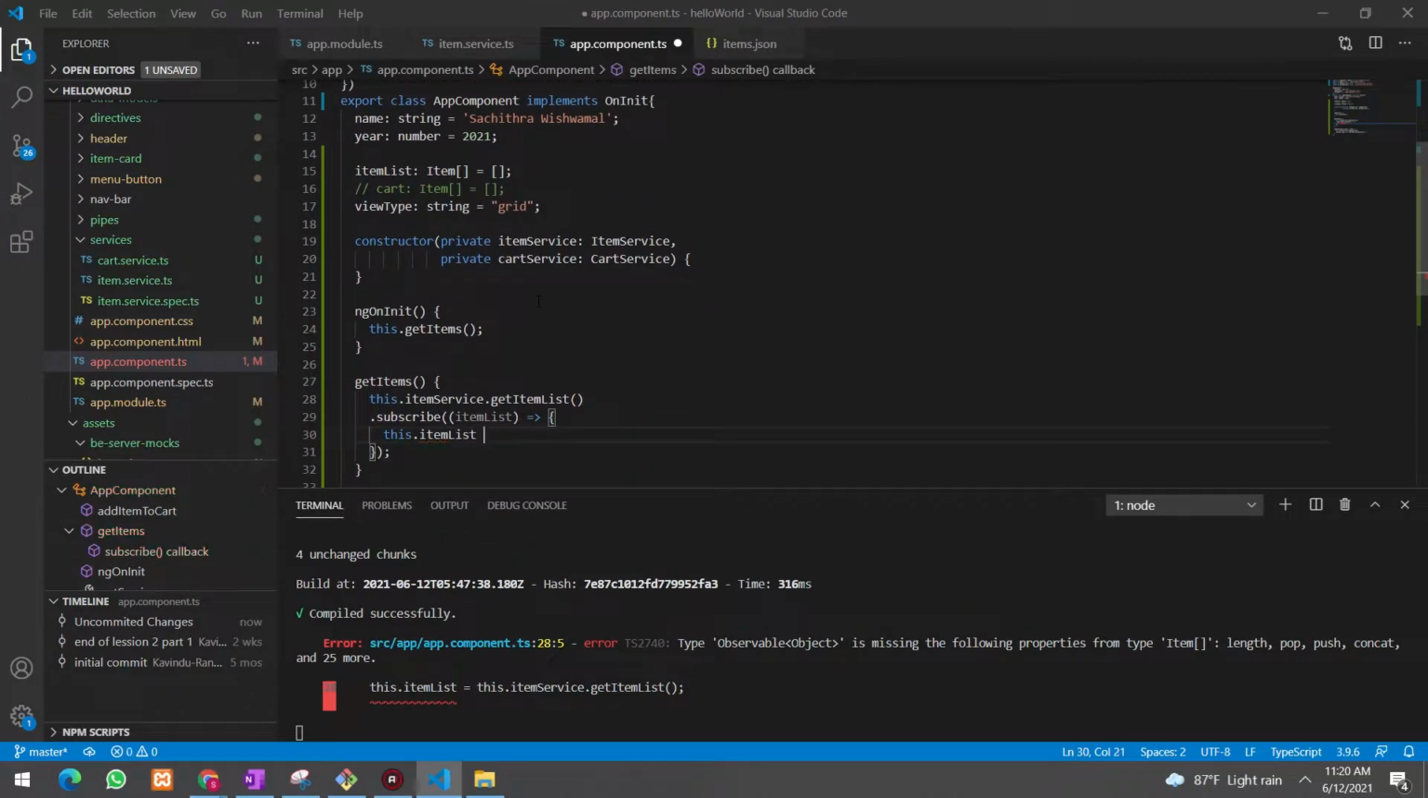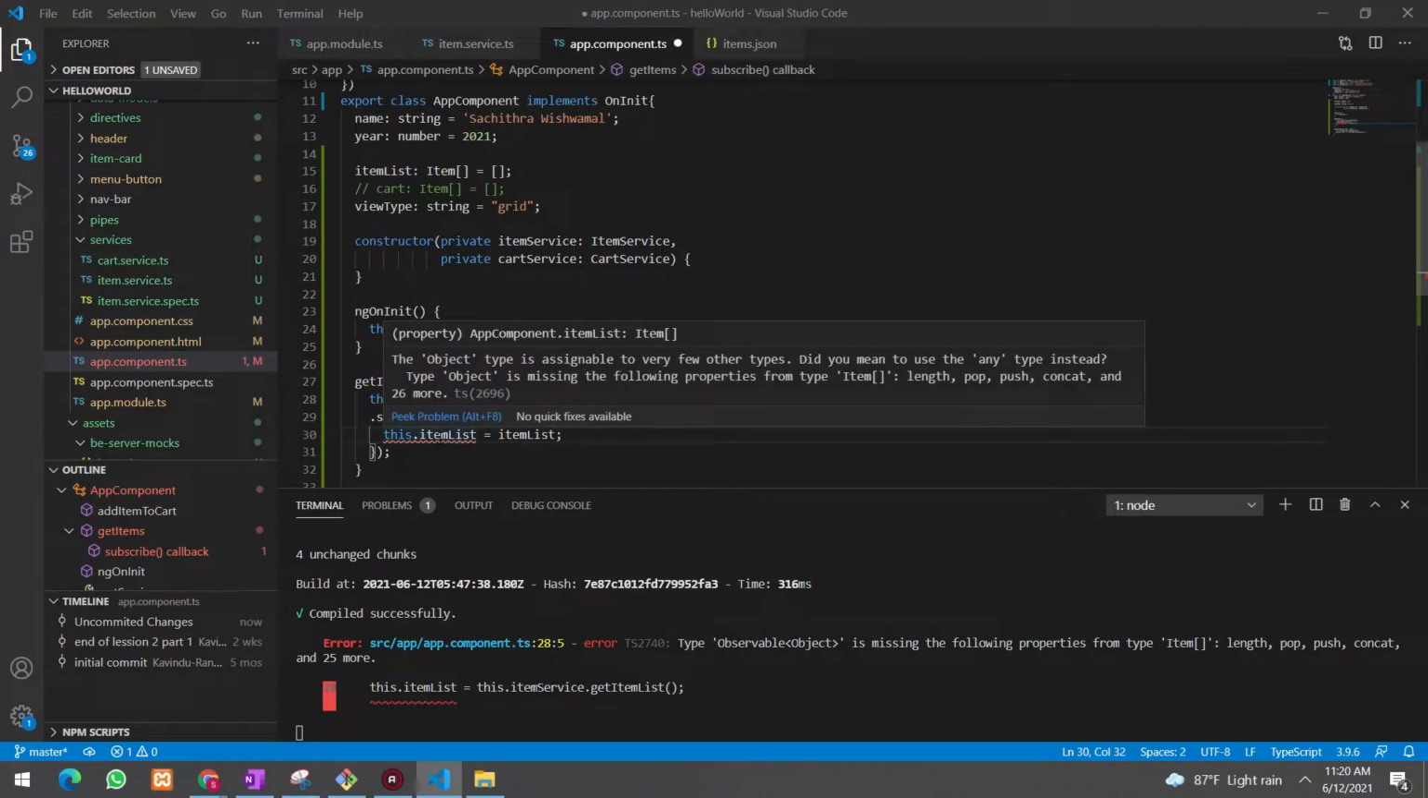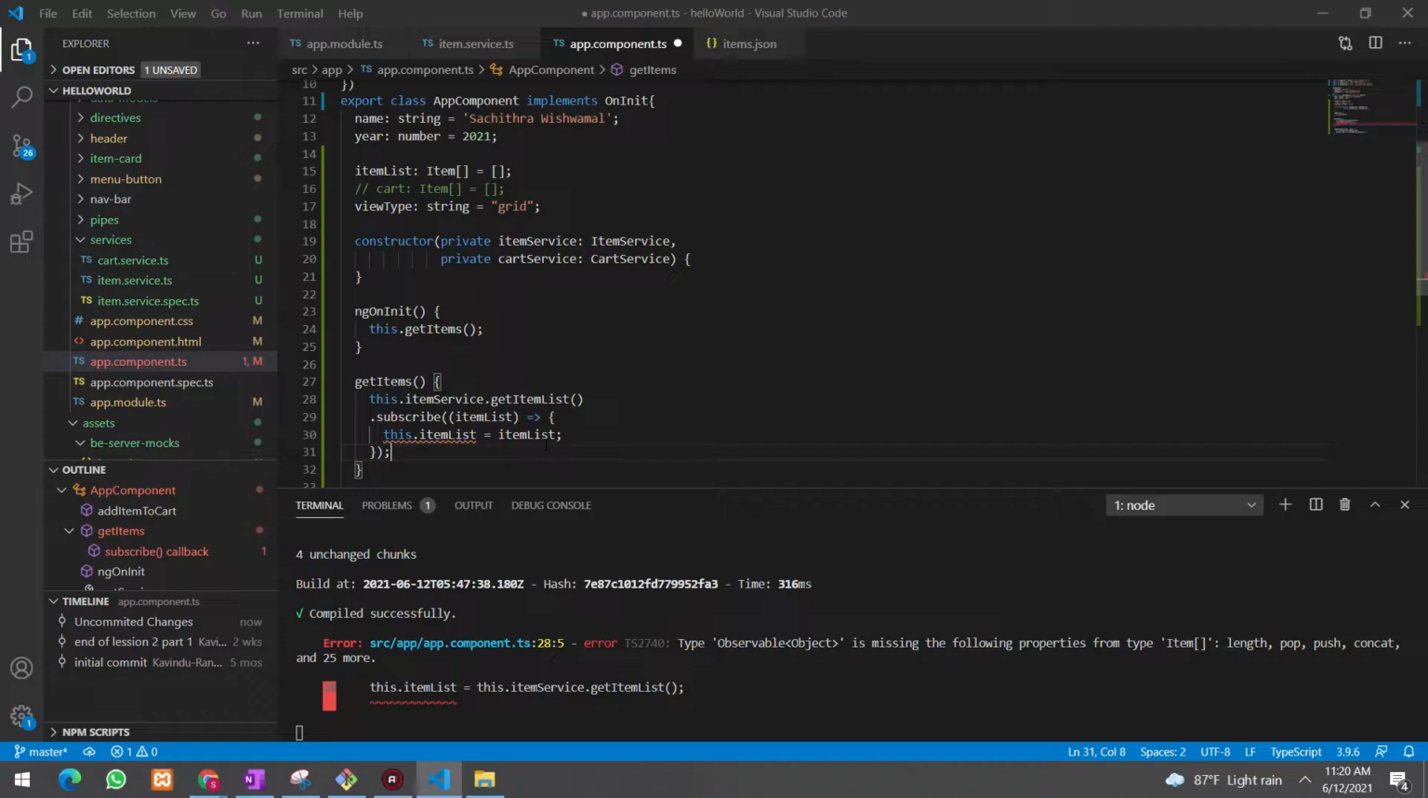Item list of my app component. Okay, what this says. Okay, now the problem is, since we are getting this item list from our backend services, we can't guarantee that it returns the item list as we required here. What it requires is an item array, but we can't guarantee that this backend service will return the same object as